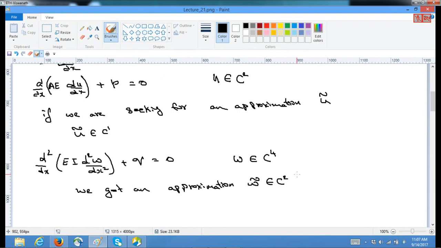So all these were with respect to the one dimensional state, and based on these we have developed something called Lagrange shape functions by saying that u tilde is equal to ui Ni, whereas in here w or y, whatever you want to call it, is equal to wi